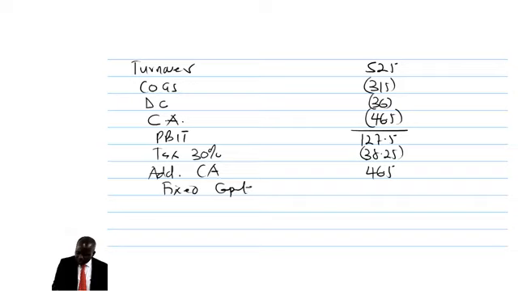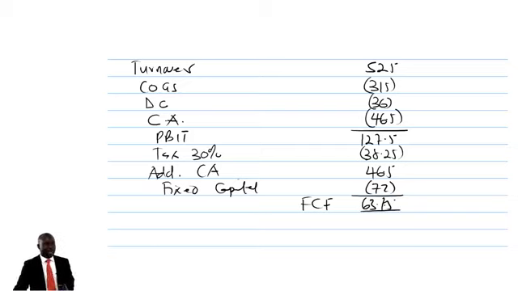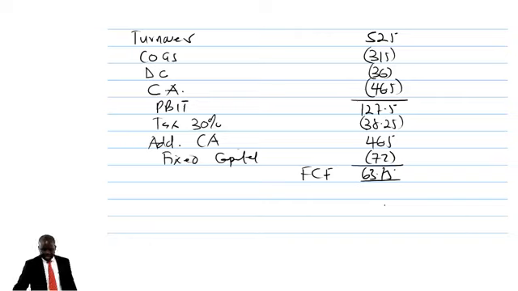So what is the fixed capital? 72 minus, and this should give me the free cash flow. So I will say 127.5 minus 38.25 plus 46.5 minus 72. This is 63.75. This 63.75, I need to ask myself, if this is the free cash flow now,